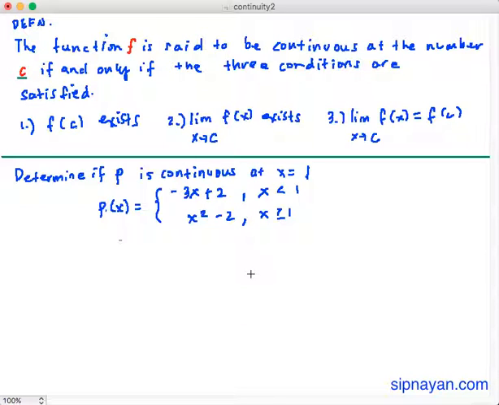Itutuloy natin yung usapan natin about continuity of a function at a number. Sabi natin, the function f is said to be continuous at the number c if and only if the three conditions are satisfied. So first, we have f of c exists. The limit of f of x as x approaches c exists, and the limit of f of x as x approaches c is equal to f of c. So, dapat masatisfy natin yung tatlong conditions na yan to say that a function is continuous at